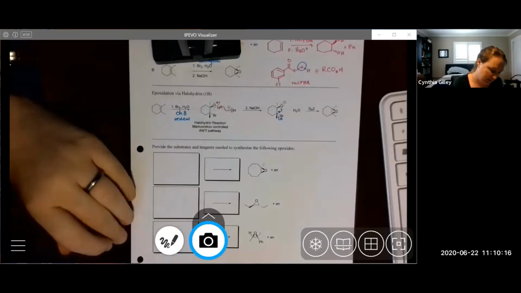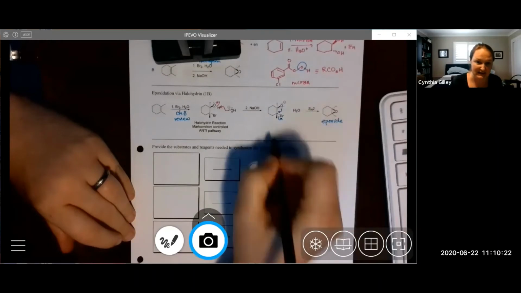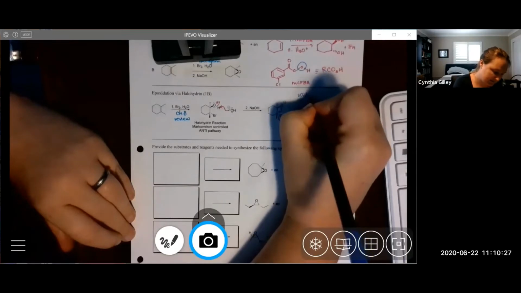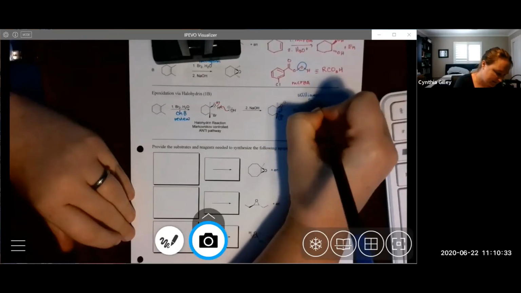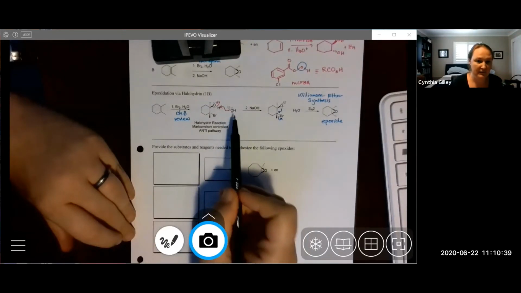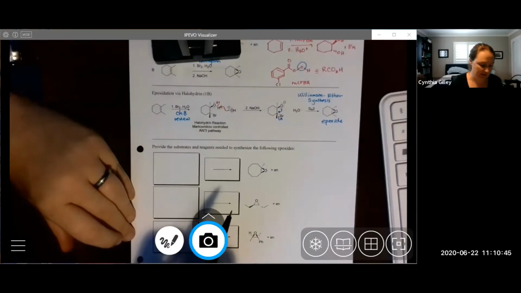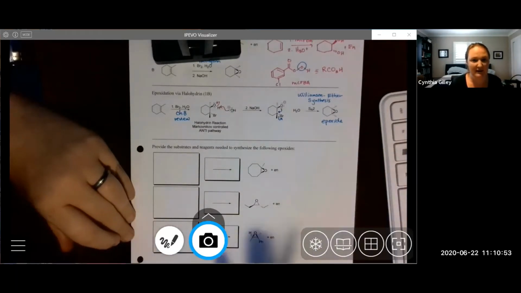get our epoxide. And in a way, you can think of this step, even though it just says SN2, it could also be called a Williamson ether synthesis. Because remember, what's a Williamson ether synthesis? You start with an alcohol, you deprotonate the alcohol with a base, and then it does an SN2 reaction, right, to form an ether. And an epoxide is just a special type of ether. So it's really just an application of the Williamson ether synthesis to make specifically an epoxide, which is a specific